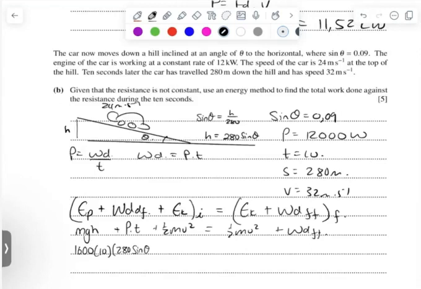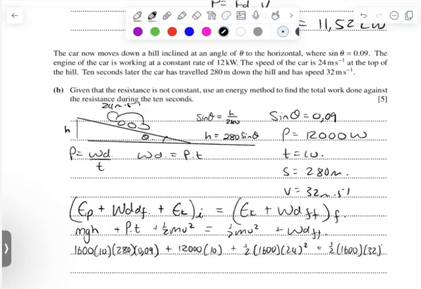Oh, and we know sine theta is 0.09, so I'm just going to take that out. Okay, so that's just the potential energy. Now my power, 12,000, and my time is 10 seconds. And a half times my mass, and 24 squared. That's all equal to a half times 1600 times the speed at the bottom of the hill